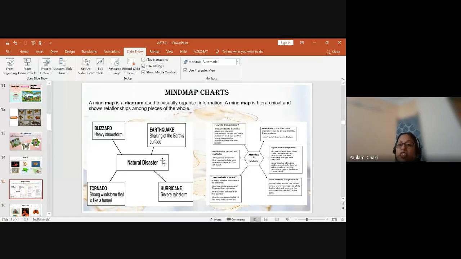Then in grade 5, we have A Treat for Mosquitoes. In that particular lesson, we teach them about malaria. So obviously we can ask them to brainstorm themselves and make a mind map where they represent different ways of prevention from malaria. How can we prevent ourselves from malaria? So they will research, they will talk to their parents, and they will come up with it.